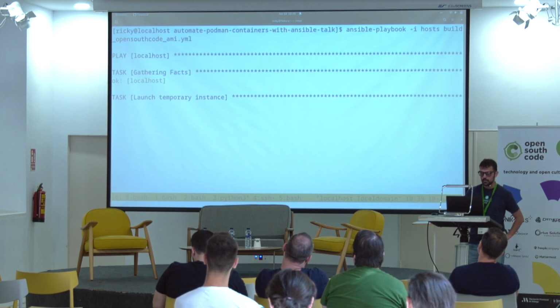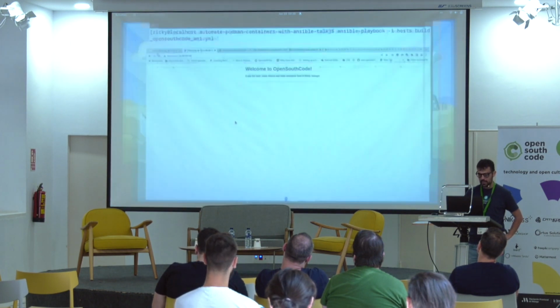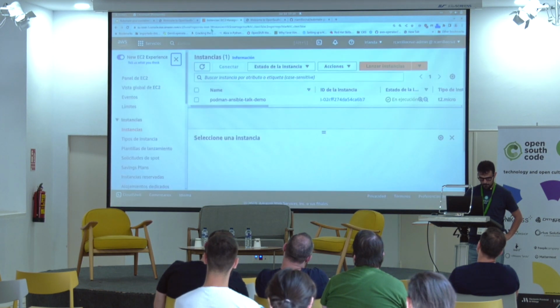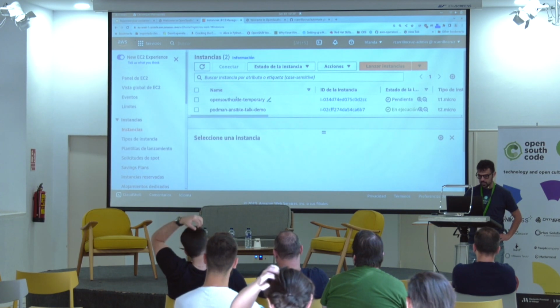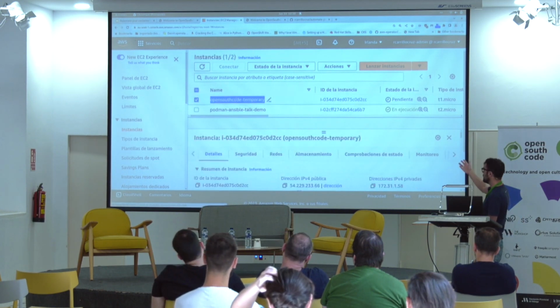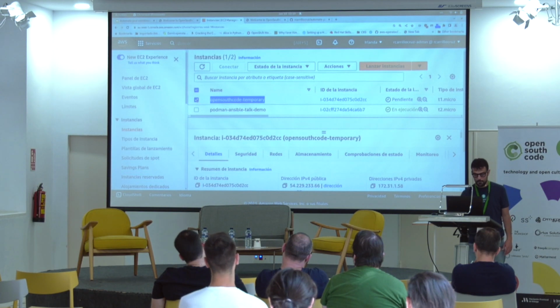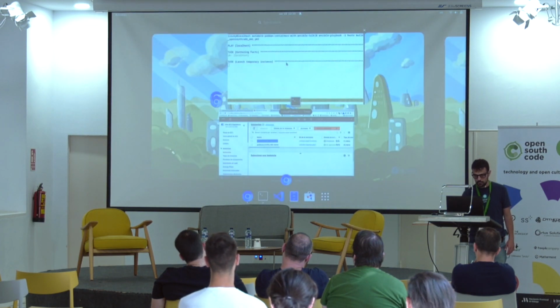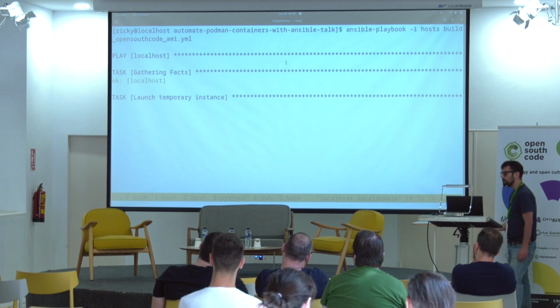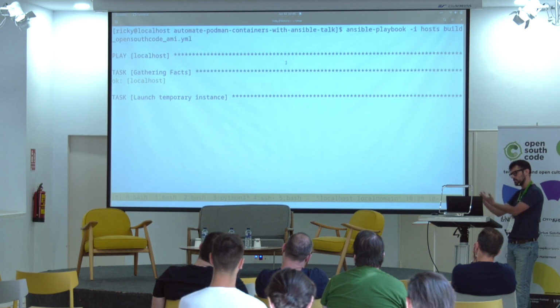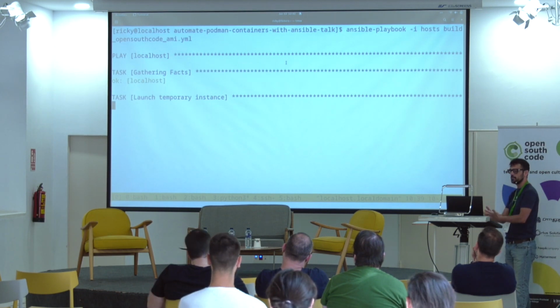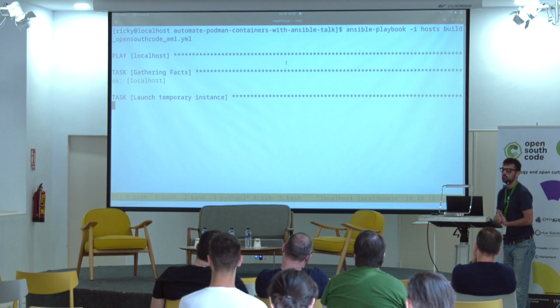So it's going to launch the temporary instance. If I go to my AWS console and I refresh, as you can see here, OpenSouthCode temporary popped up. It's the instance that is just going through the play. If we go back to the terminal, it's going to wait for passing the instance checks, to make sure that it can SSH to it, the instance is healthy, and then move on to the subsequent